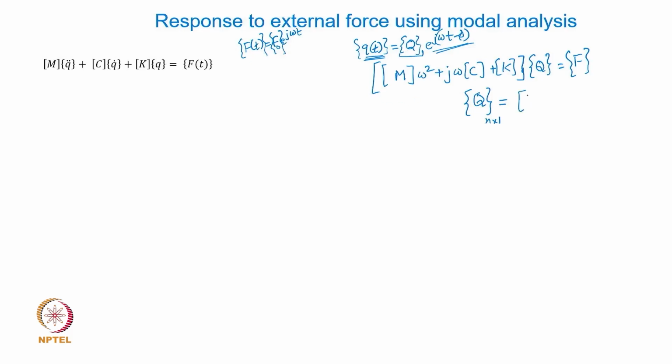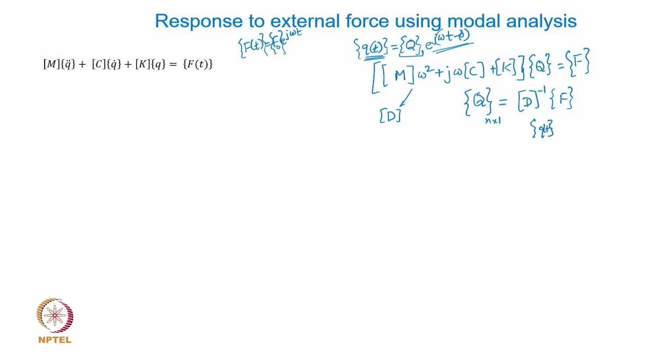This entire matrix, which I can call a dynamic matrix, I will invert and multiply with the external force vector. Can I do that? This also is one way of finding out the response. I invert this matrix and I get the response, because once I get q, q is already defined